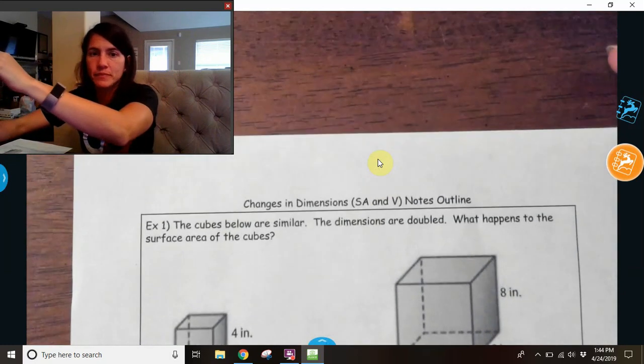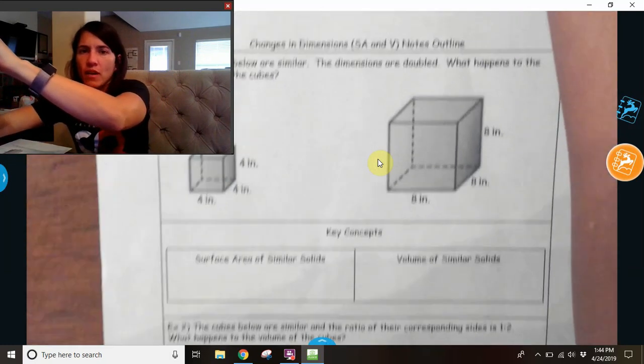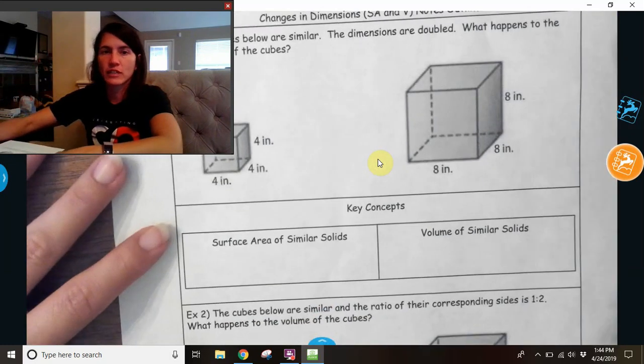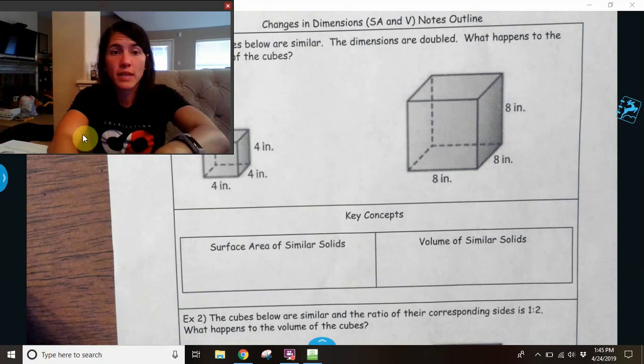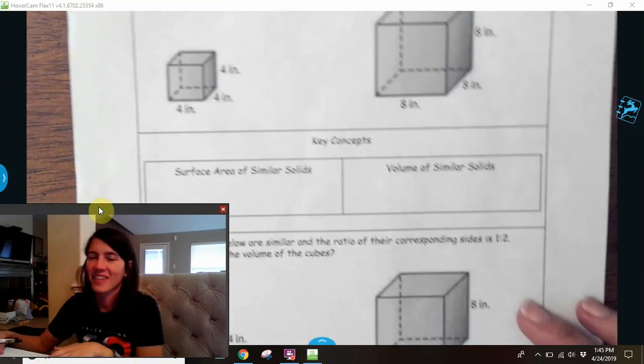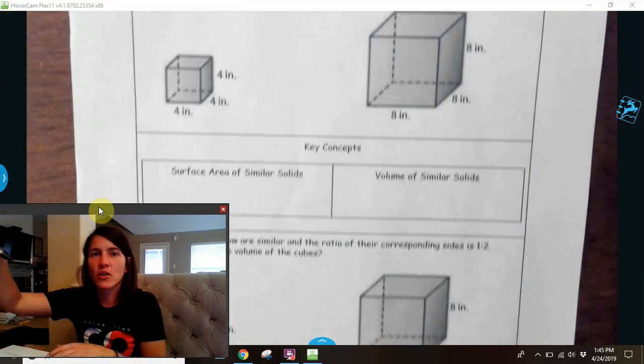Trying to figure out how to make this camera work, so I'm going to move me. There. Okay, so